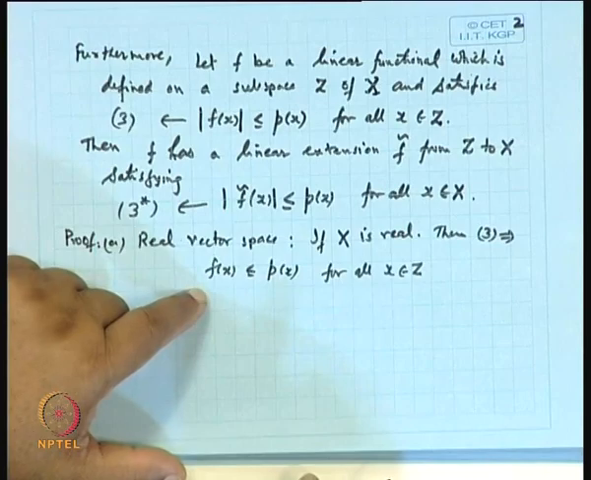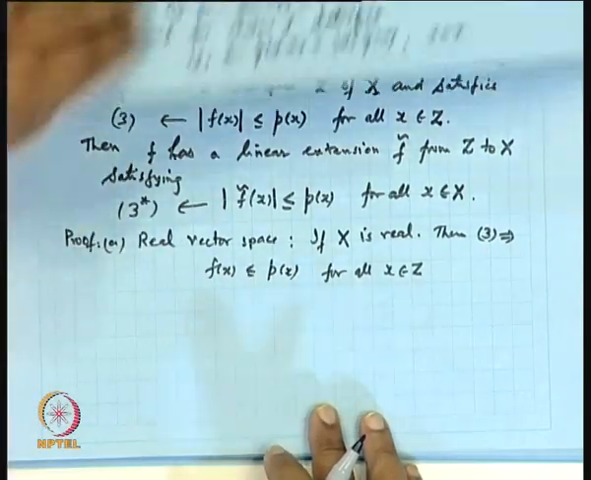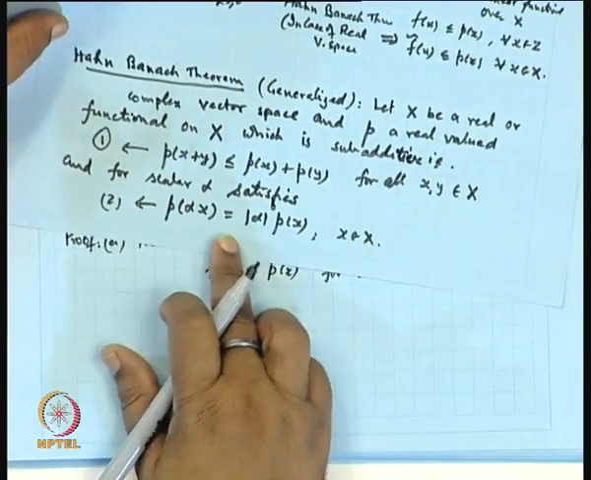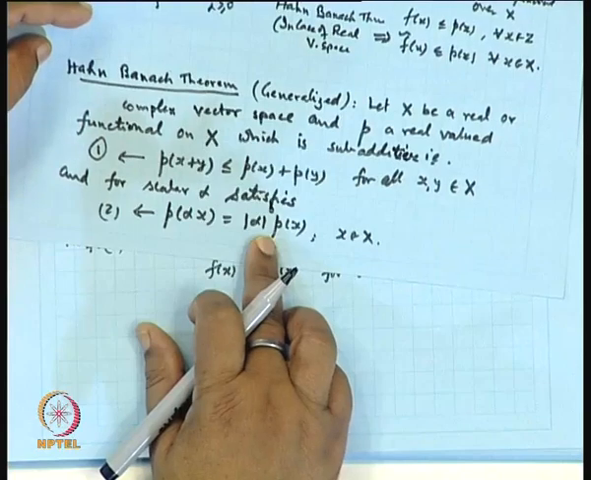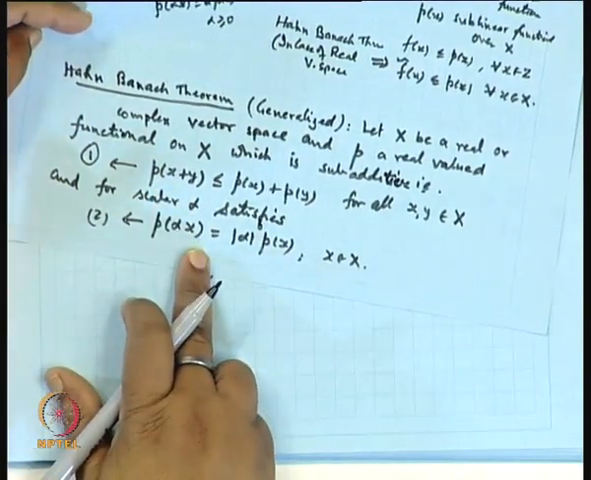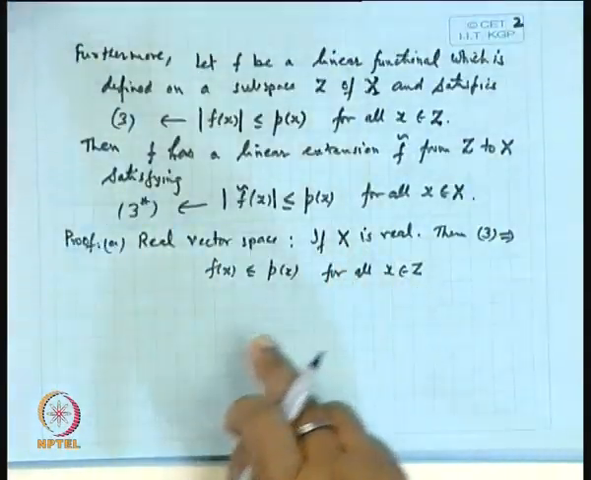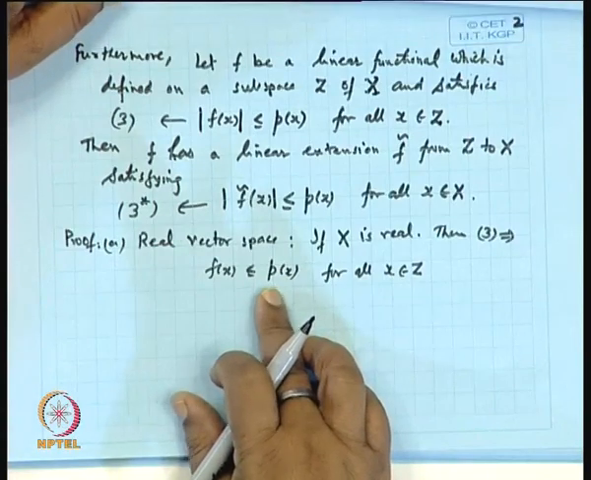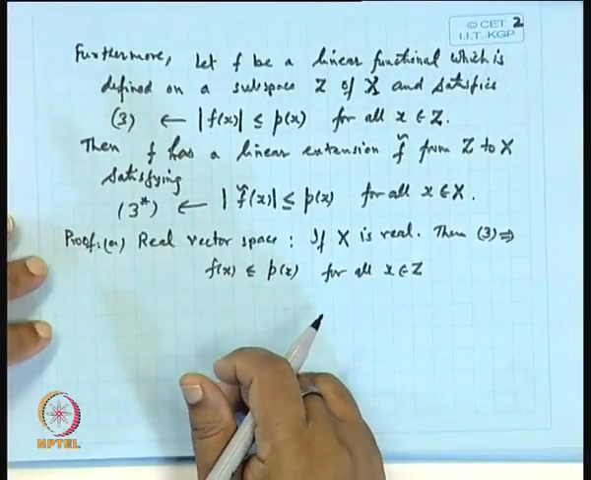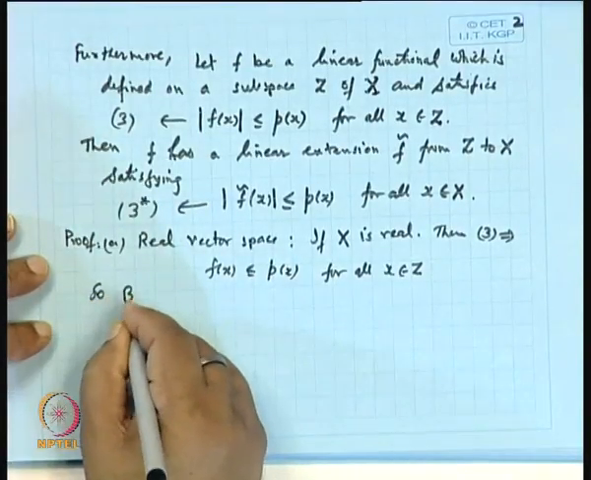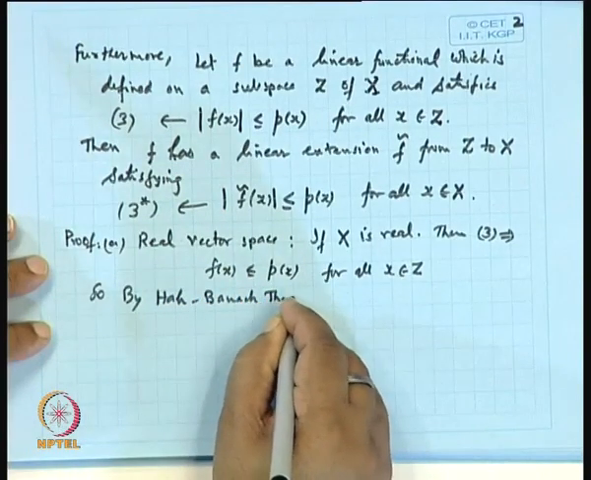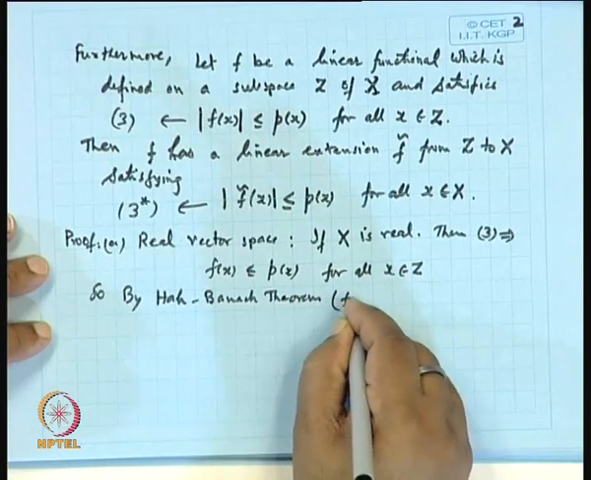Now p is a sublinear functional, because when you take alpha to be positive, mod alpha is replaced by alpha; it is subadditive and positively homogeneous. X is real and f is a linear functional dominated by p x. So we can apply the Hahn Banach theorem in case of the real vector space. So by the Hahn Banach theorem for the real vector space,